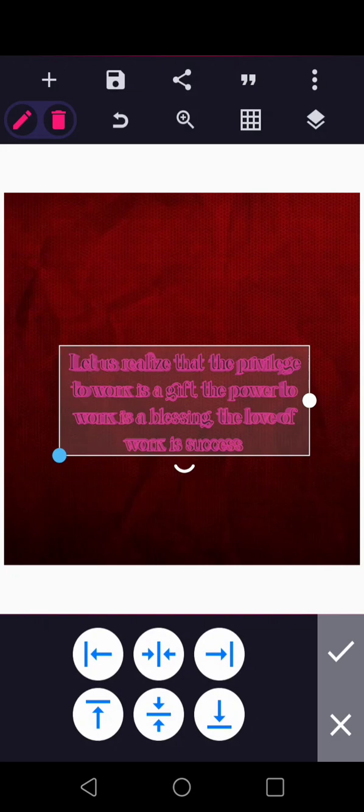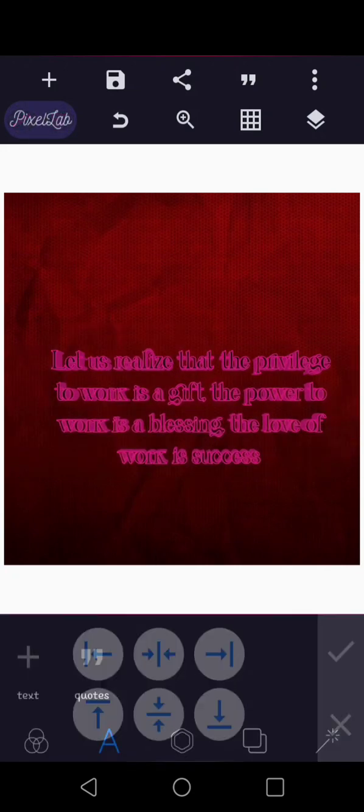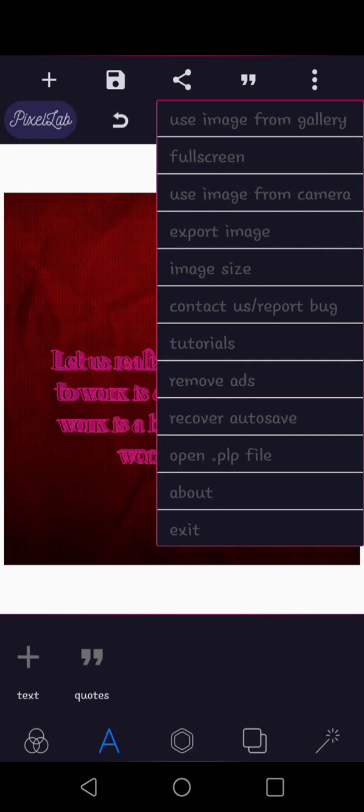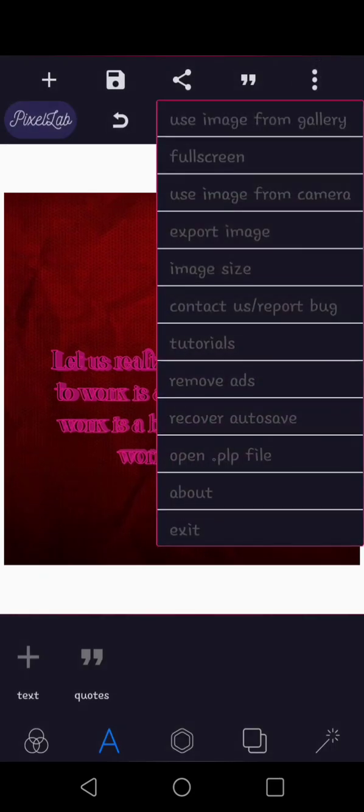See the way we have it here. That's what it looks like. Then we have here that dot. You see, we have use image from gallery. That's also what we call import. We have full screen. Once I tap on this full screen, it brings out the full design. This is what I've been doing since. I can just come back here and press it. We have full screen, use image from camera, export image, image size, contact us or tutorial, remove ADS,